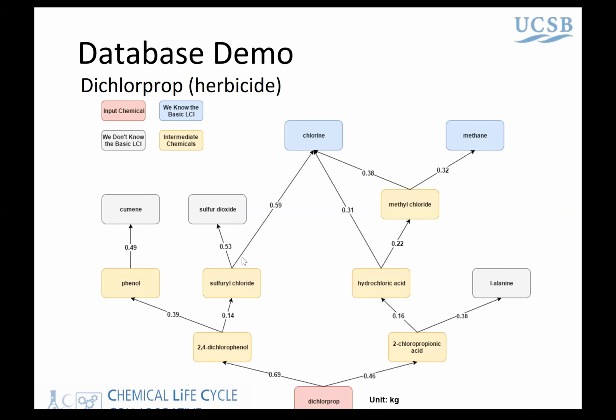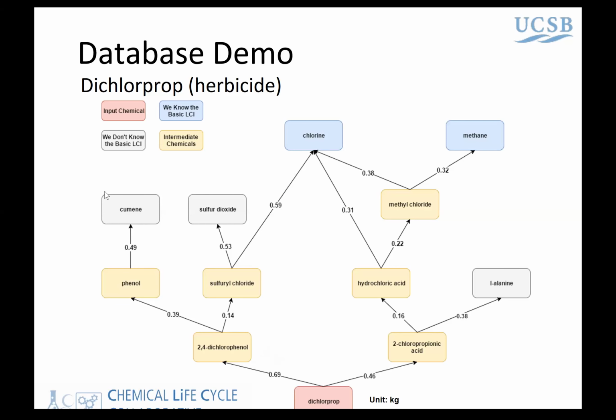As you can see here, chlorine is referred to three times in this graph. It is referred to even more often in our full database. So we want to make sure that for chlorine we have a very accurate LCI number, which we do. We already collected the default building blocks LCI from another report. Each node in the blue color represents those nodes for which we already collected very detailed LCI information, and our tree stops growing from here, at the edge. And